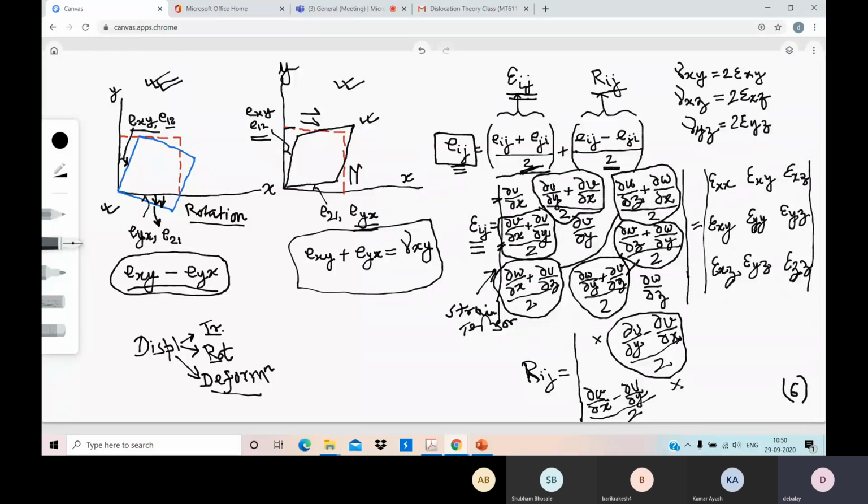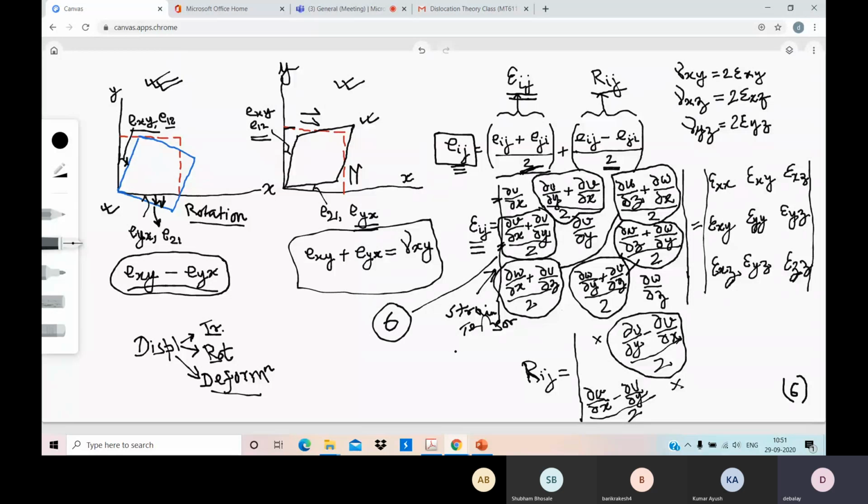And you see, in the strain tensor, you are finding there are 6 independent strain components. You need to know the 3 normal strain and 3 shear strain. So total 6 independent strain components,